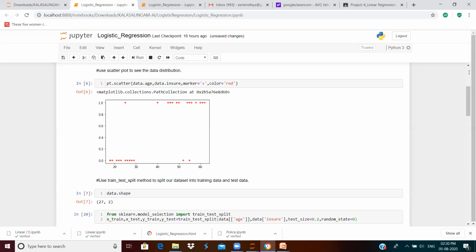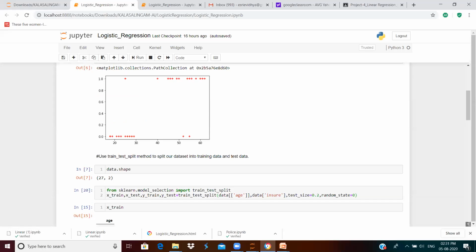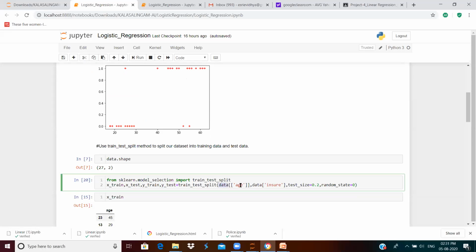That is the logistic regression model. Okay, hopefully I've made it clear. So the problem is, whenever you're dealing with the independent variables, you refer to the independent variables with a two-dimensional array, right? You'll have to use two square braces. So this is where we went wrong, and you may also go wrong when you work with the project. You should be very careful here. I referred to this value earlier as data.age, so that is why it didn't compile, right? And that was the error. So please be very careful.